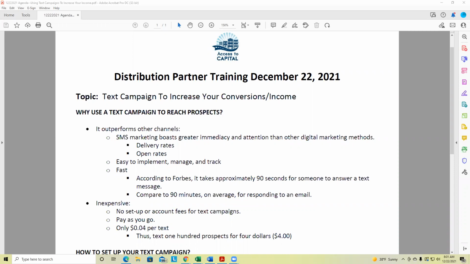Some of you are our regional vice presidents, and there's no cost to be an RVP. What that means is that you're out developing white label partners and getting a 25% override. Well, our regional vice presidents would be crazy to not use a text campaign to reach out to large numbers of prospective white label partners.